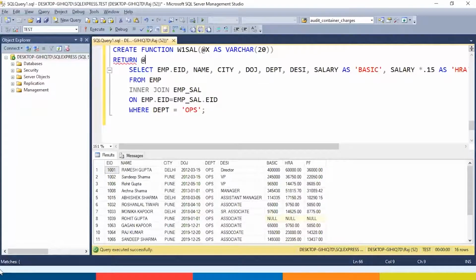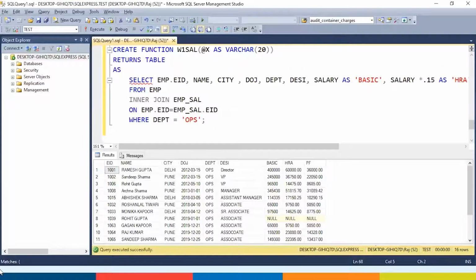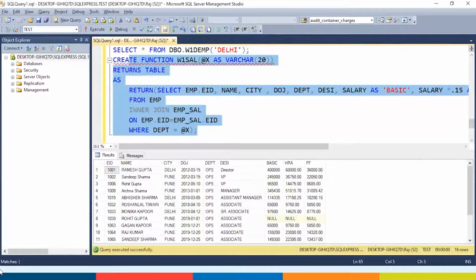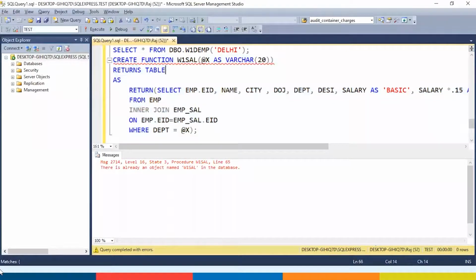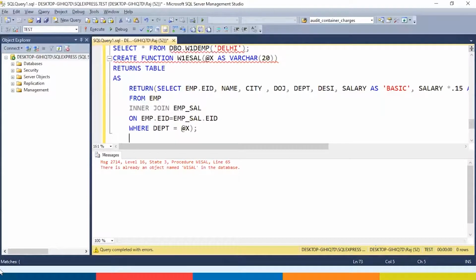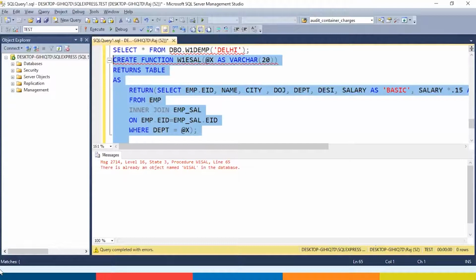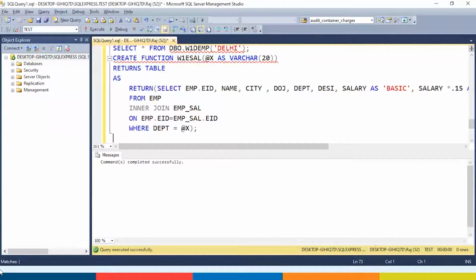Returns table as, instead of alias, I will say @x. Exist. Here it is.